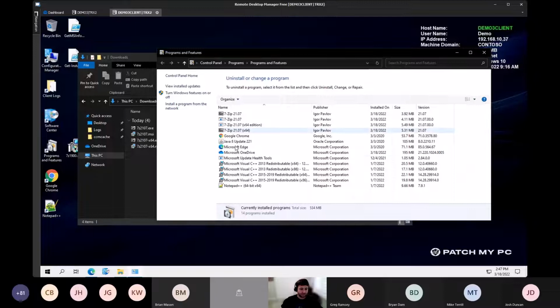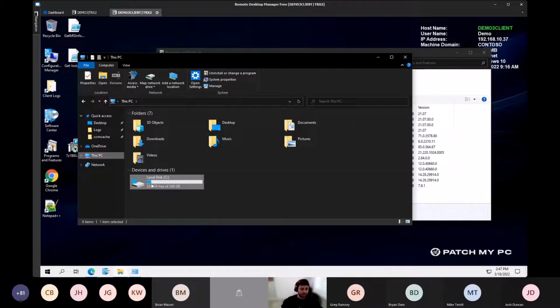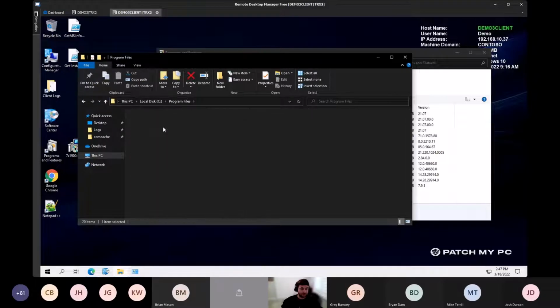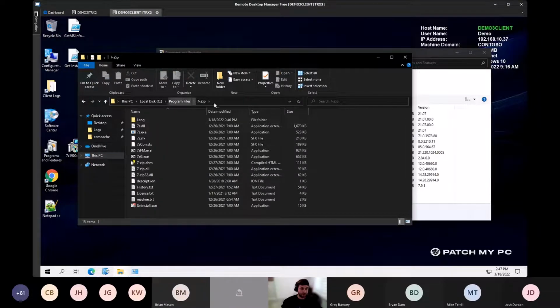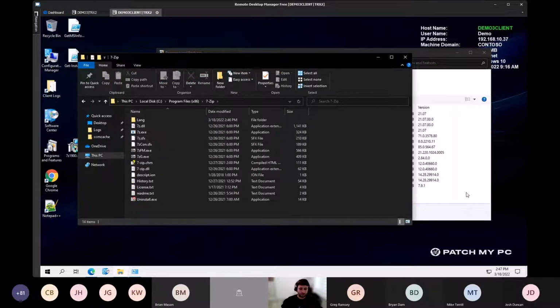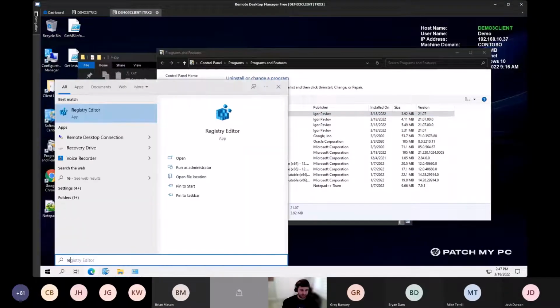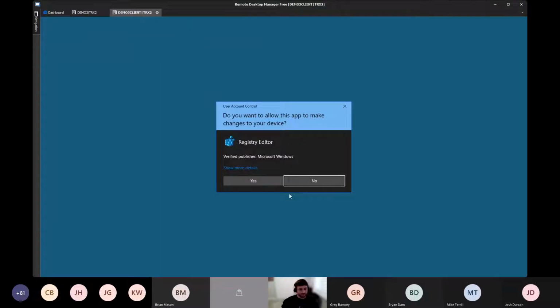So now we have 4 instances of 7-zip. We only actually have 2 installs of 7-zip, I would say. So if we go to program files, we'll have 7-zip here, and then we'll also have it in the 32-bit program files. So what is causing this to happen where we have 4? All this information is actually stored in the registry. So when I was talking about detecting based on the registry,